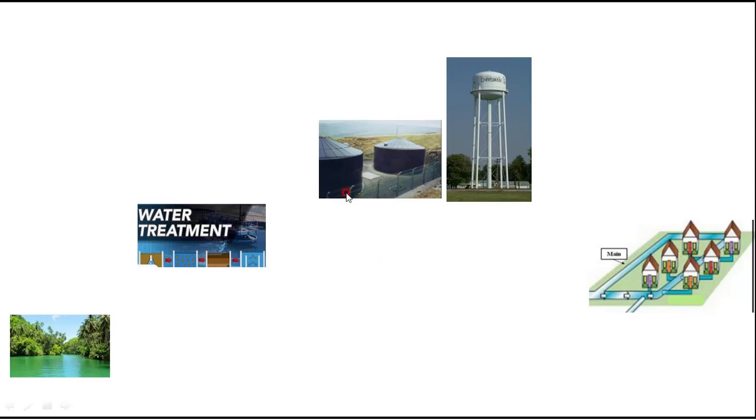Okay, now you came to know where pumps are required. Pumps are required to transfer water from a lower elevation to a higher elevation. It might be between the source and the treatment plant, or between the treatment plant and the service reservoir. In exceptional cases, from the service reservoir to the distribution system. In some other exceptional cases, within the distribution system also, from one branch to the other branch you can use them.